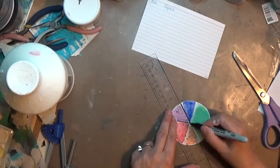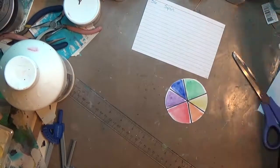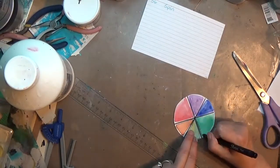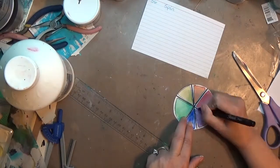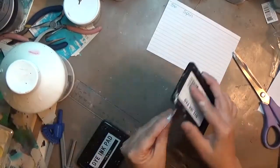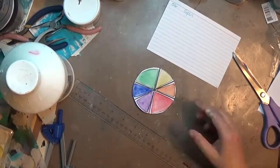I took a Sharpie here just to define the definition between each of those colors, and then I've got a Sharpie pen, and I am just outlining each of the pie shapes of those colors that I put in there, the watercolored areas. And that's probably one of my favorite parts of this whole thing. So when I ink up the edges, because I realized it would be too hard to put the black Sharpie